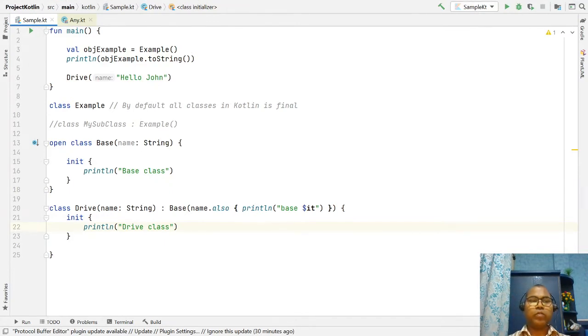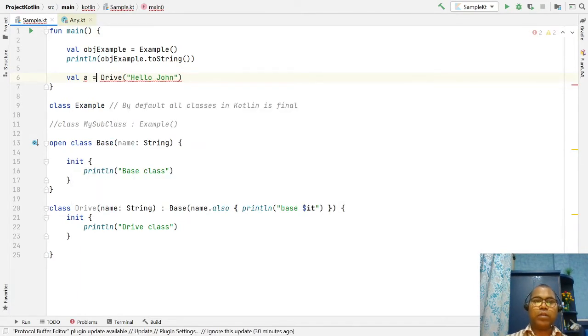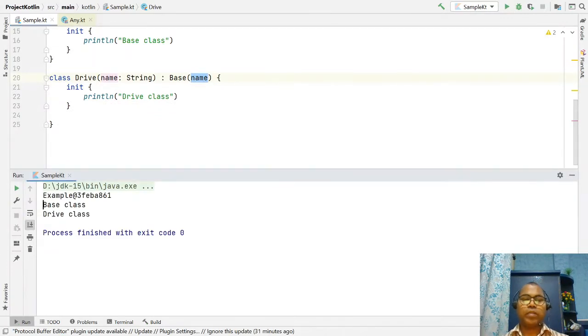So whenever you create your object, a equals Derive class. By default your base class constructor runs first, before the Derive class. Here your base class needs one argument, so you have to pass one argument name here, and this way you can ensure that first your base class runs, then the Derive class.